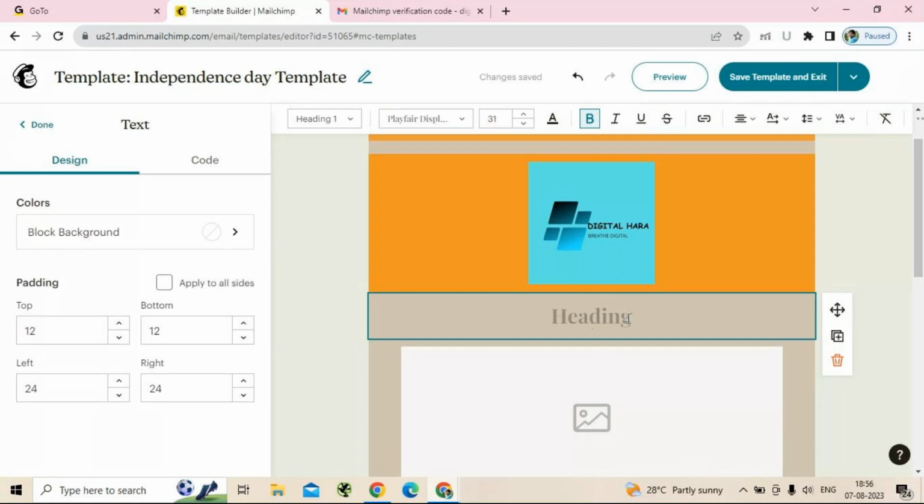You can add any kind of blocks in between the other blocks, whether in text format or image content, it's okay. So you can add it. Let me give something related to